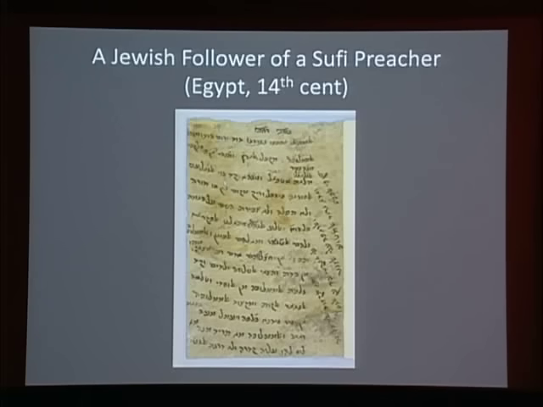My final example of communal interactions relates to a highly creative Jewish mystical movement in 13th and 14th century Egypt. These Jewish mystics called themselves Hasidim, no connection whatsoever to the modern movement that originated in Eastern Europe. And in calling themselves Hasidim, they revived an old biblical term. But we shouldn't let the biblical roots of their self-designation mislead us, for their mystical traditions were heavily indebted to the teachings of the Islamic Sufi